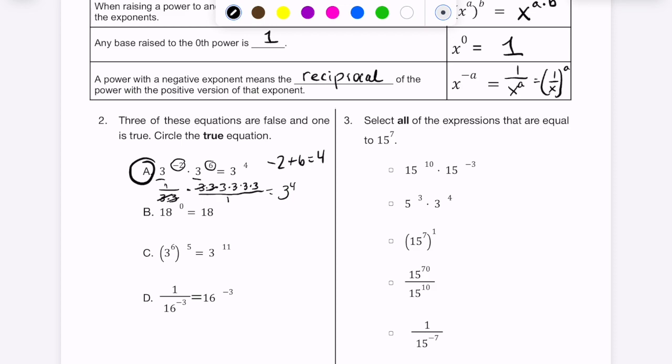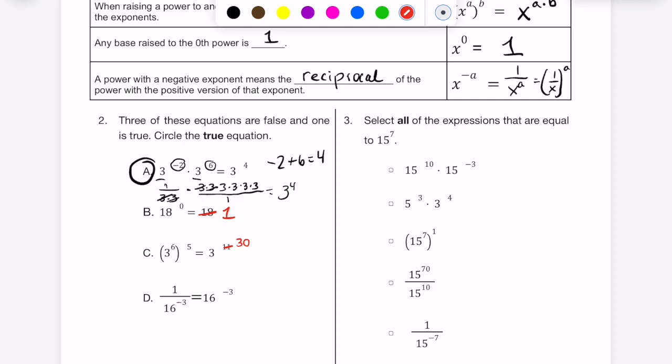B is wrong. 18 to the 0 power should be 1. Okay, anything to the 0 power is 1. 3 to the 6th power raised to the 5th power, that is 3 to the 30th power. You multiply the exponents, you have like 6 3s multiplied together, and then you have 5 groups of those 6 3s, so you end up with 30 3s. And then lastly,